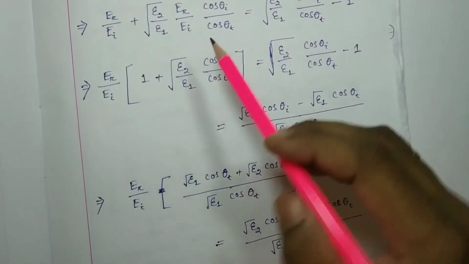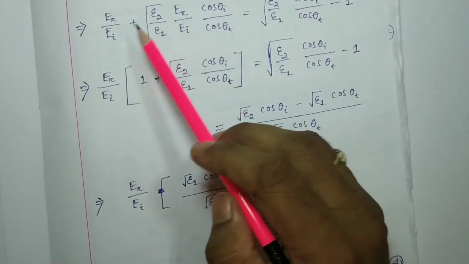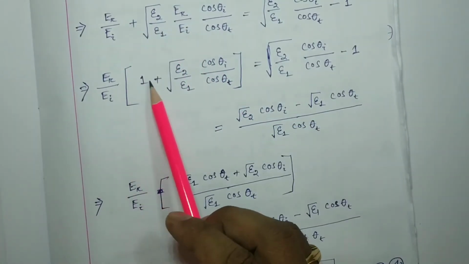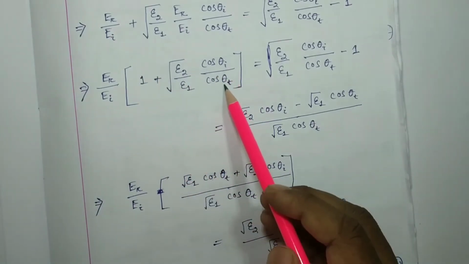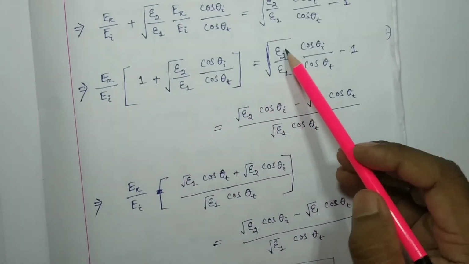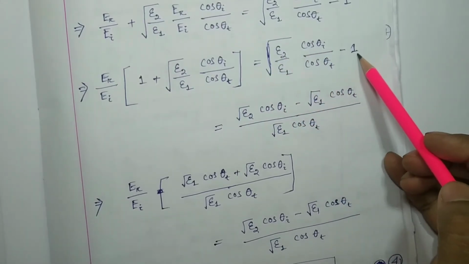Now here we can find Er by Ei common in these two terms, take it outside: 1 plus epsilon 2 by epsilon 1 whole root cos theta I by cos theta t equal to epsilon 2 by epsilon 1 whole root cos theta I by cos theta t minus 1. Okay,